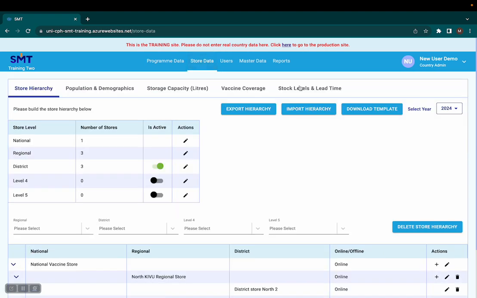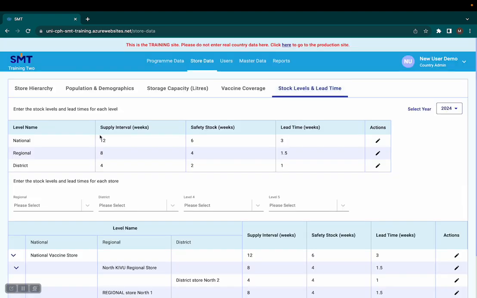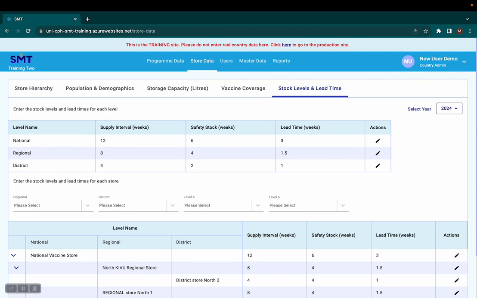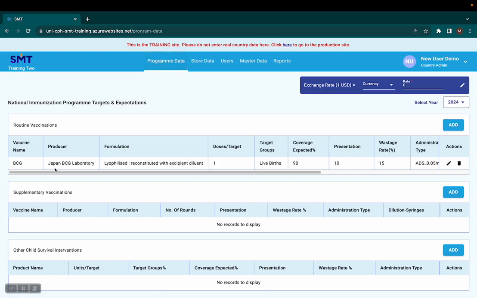Just as a quick recap, we enter the generic values in this grid that apply to all vaccines and all stores. If we want to customize per specific store, we come to the hierarchy and we use the edit buttons. And if we want to customize per specific vaccine, we go to the program data and we use the edit button here. So this is all when it comes to stock reference values